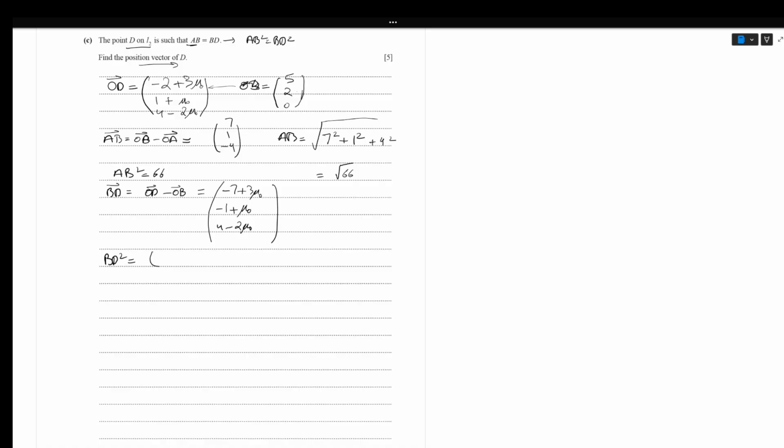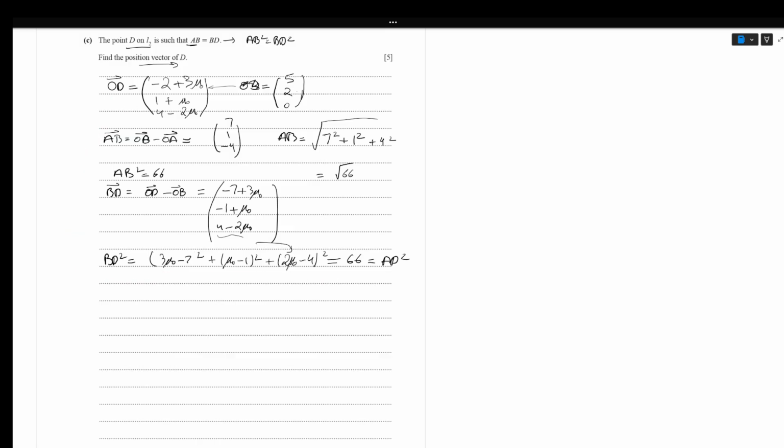अब BD square is (3 म्यू नॉट -7) whole square plus (म्यू नॉट -1) whole square plus (2 म्यू नॉट -4) होल स्क्वायर। मैंने इसका साइन बदल दिया क्योंकि मैं होल स्क्वायर कर रहा हूँ, तो म्यू नॉट पहले लिख के मुझे ज़्यादा आसानी रहेगी। एंड वी नो कि दिस इज इक्वल टू 66 बिकॉज 66 इज AB स्क्वायर। तो ये हमारे पास इक्वेशन आ गई है क्वाड्रेटिक, जिससे हम म्यू नॉट निकाल के वापस यहाँ पुट करके अपना OD निकाल लेंगे।